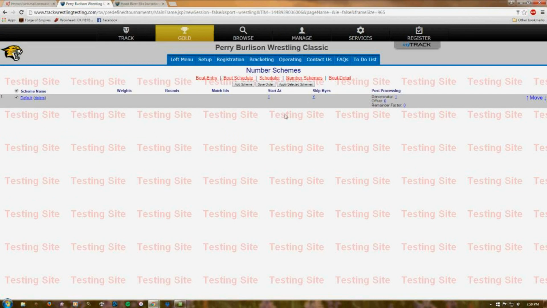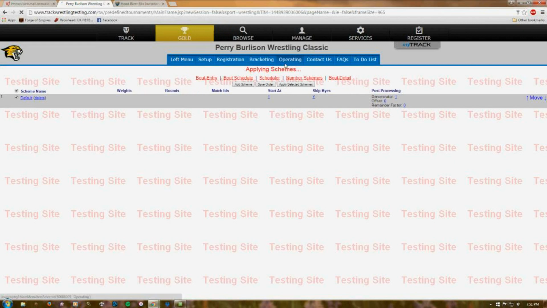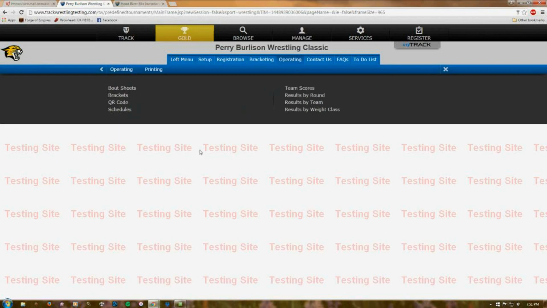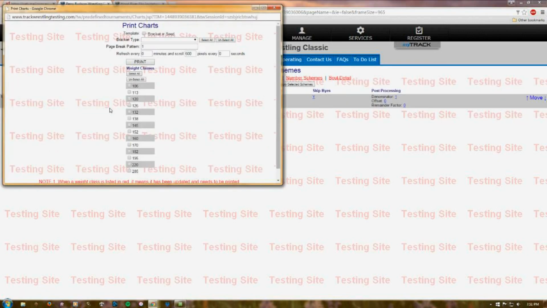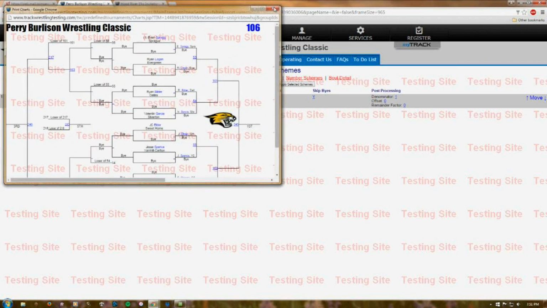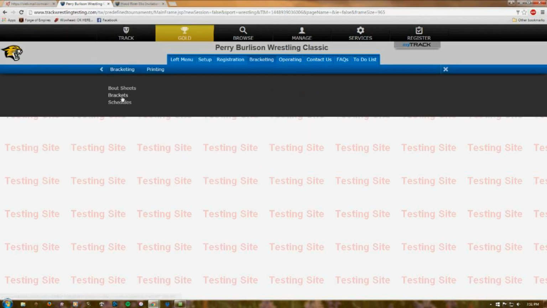Okay. Why is this not working? Oh, there we go. And it applies the number scheme. And now when I look at my brackets, none of the byes are numbered on this one. Only the bouts are numbered. If I look at like another bracket, say 160 or